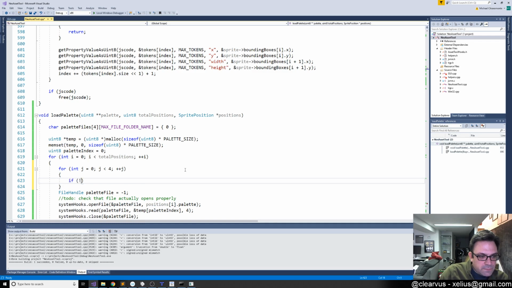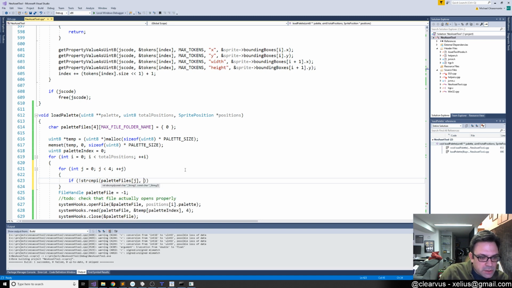So let's see, if not string compare, do we want to do string case compare? I guess we don't care about the, oh, string compare. I was confused which one is which, if it's Windows or Unix. We want to say, okay, we don't care about the case, we want to compare palette files